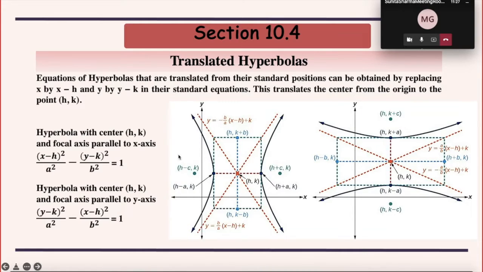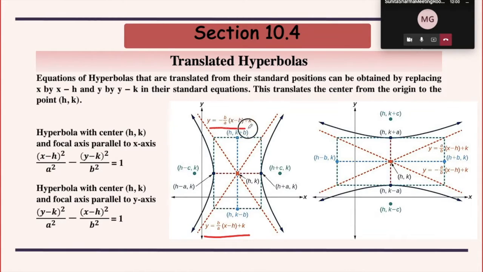Okay, and in this case, when we find the equations of the asymptotes, how do we find them? We use that shortcut method where we replace this 1 with 0. Just substitute 0 here in place of 1 and then solve. So these are the two equations of the asymptotes which you are going to get for this type of hyperbola. One is y equals b by a times (x minus h) plus k, and the other one is y is equal to minus b by a times (x minus h) plus k.